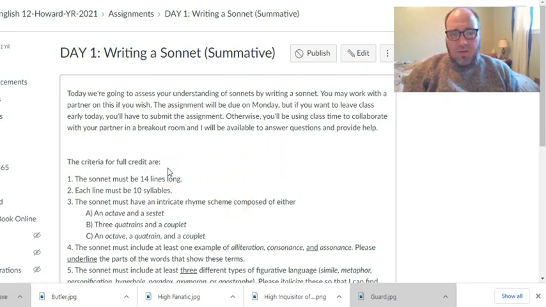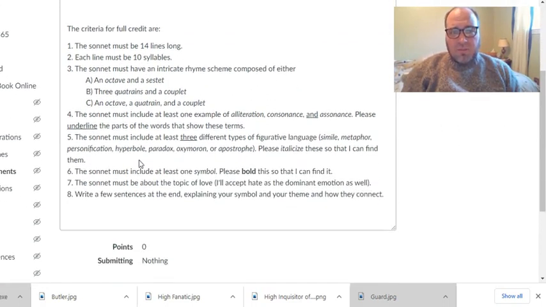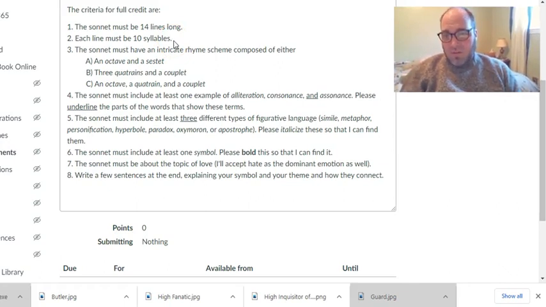But here's your criteria for full credit. If you want to get an A on this thing, this is what you have to do. The sonnet has to be 14 lines long, not 15, not 13, 14. 14 only. Each of those 14 lines has to be 10 syllables long. You're going to have to do some syllable counting to make sure that your lines aren't off. I'm not going to make you write in iambic pentameter. I'm not going to make you know what stressed and unstressed syllables are, but I do expect them to all be 10 syllables long. The sonnet must have an intricate rhyme scheme composed of either